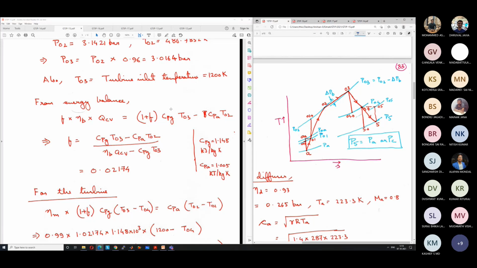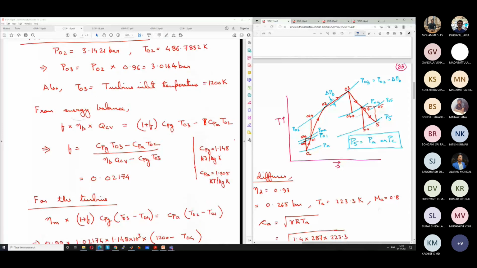This is equal to the change in energy in the combustion products, which is equal to the mass flow rate of combustion products, 1 plus F, times Cp of gas into T03 minus Cp of air into T02. Cp of gas is 1.148 kilojoule per kg Kelvin, T03 is 1200 Kelvin, Cp of air is 1.005 kilojoule per kg Kelvin, and T02 is